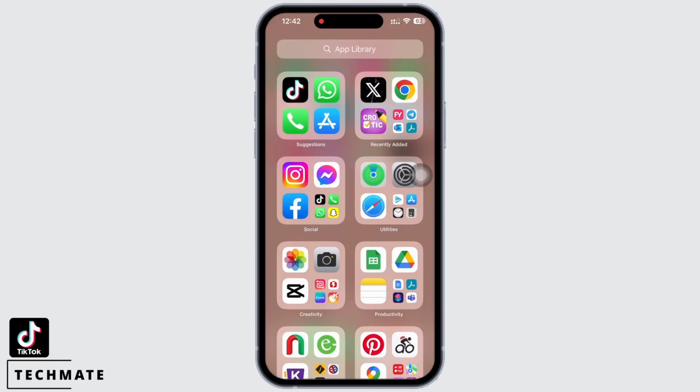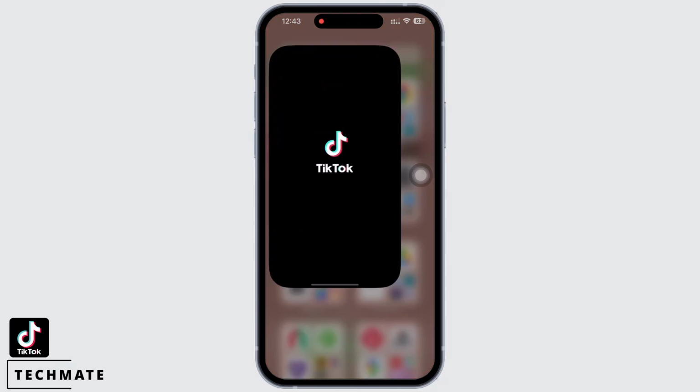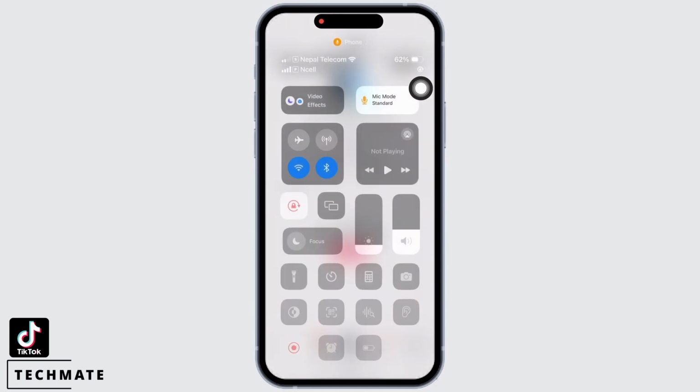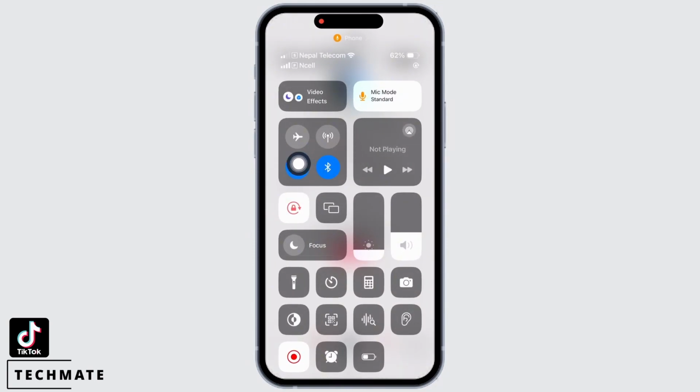Let's get right into the tutorial. If you are not being able to follow anyone on TikTok, then let's go ahead and fix this issue. Firstly, open the TikTok application on your device and make sure you are logged in. Now see if your internet connection is working properly or not. Switch to Wi-Fi if your cellular is not working properly and switch to cellular if your Wi-Fi is not working